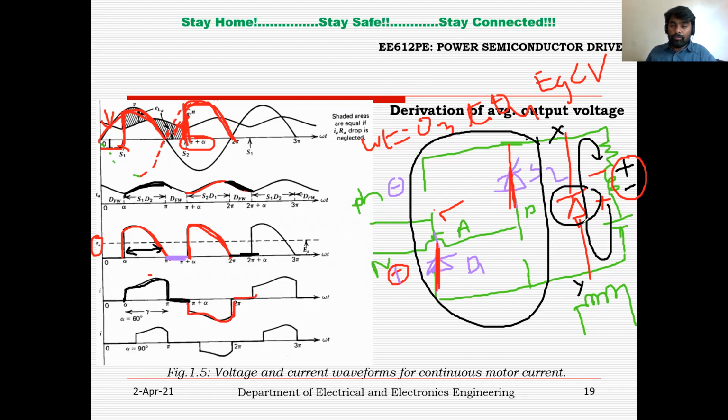Then after 2 pi, the freewheeling diode comes into the picture. You can see here the freewheeling diode, right? During freewheeling action, the current is a discharging current, but the voltage will become 0. And during the negative half cycle, you will get a negative input current because the input is AC. That is why you can say positive and negative, right? So this is at alpha equal to 60 degrees.